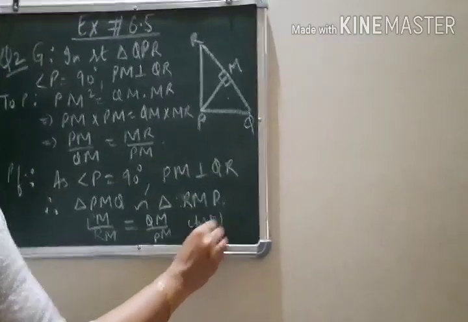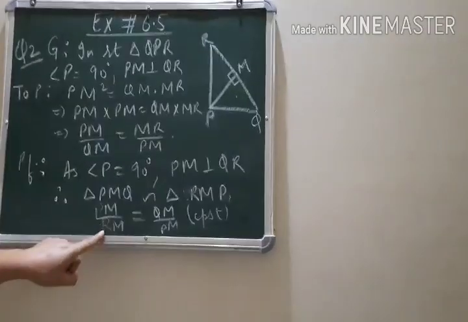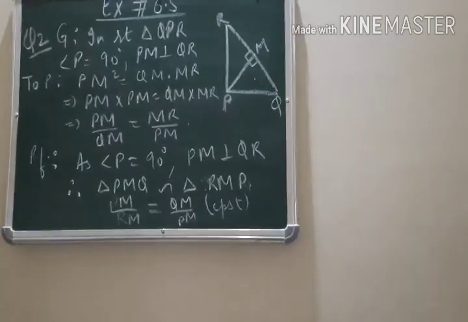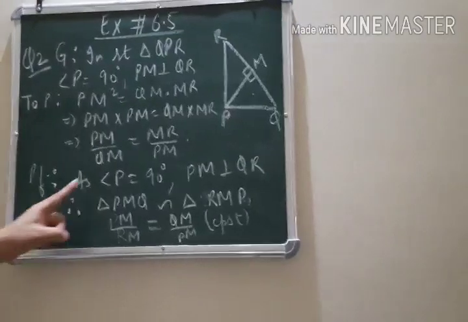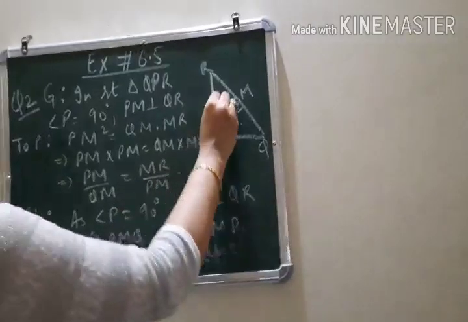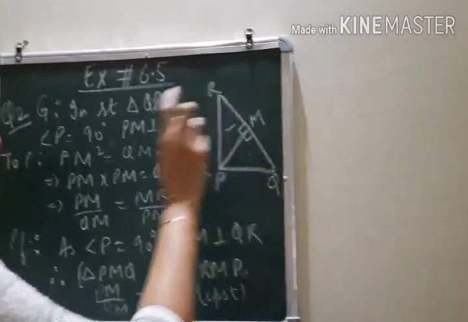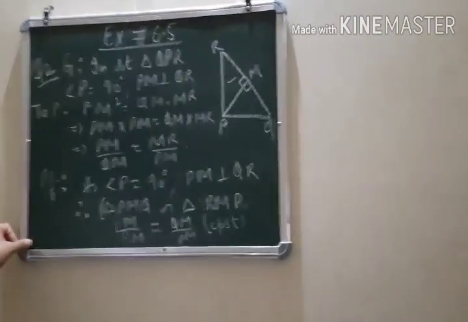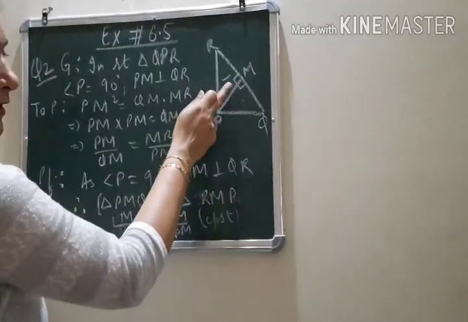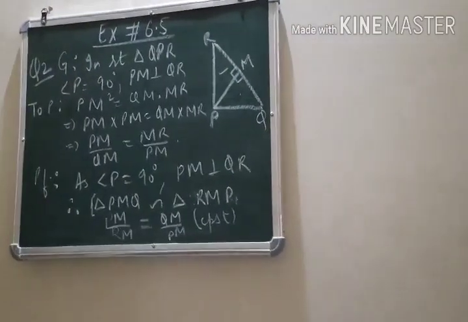CPST. So if you interchange the places, you will get the answer. So QM if you bring it here, and RM if you bring it there, it will be the answer of the question, which is what you have to prove. Okay? So I have not proved the similarity again here. If you want to prove this, then what you will do? You will take this triangle and the complete triangle similar by AA. Then this other triangle and the complete triangle by AA, as we did in one of the examples and the Pythagoras theorem. And then from those two results you can prove that these two triangles are similar to each other also. Right? So this is the proof of question number 2.